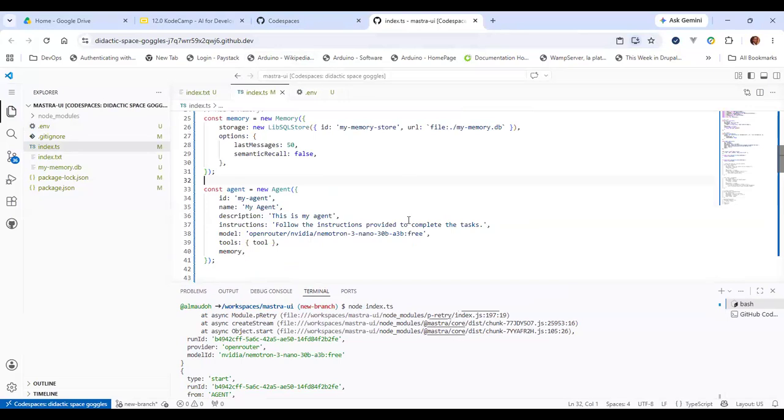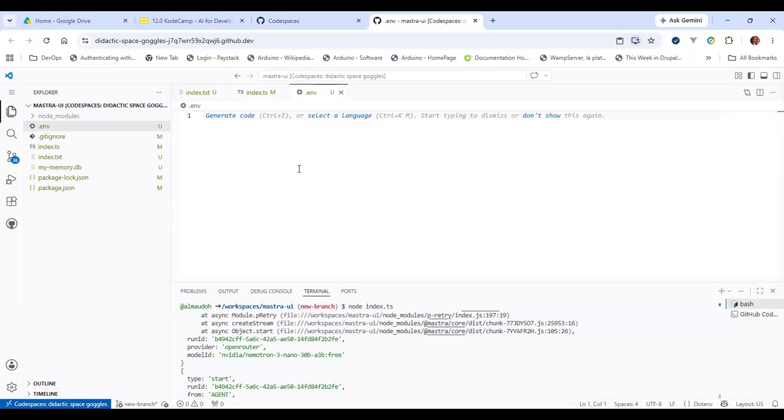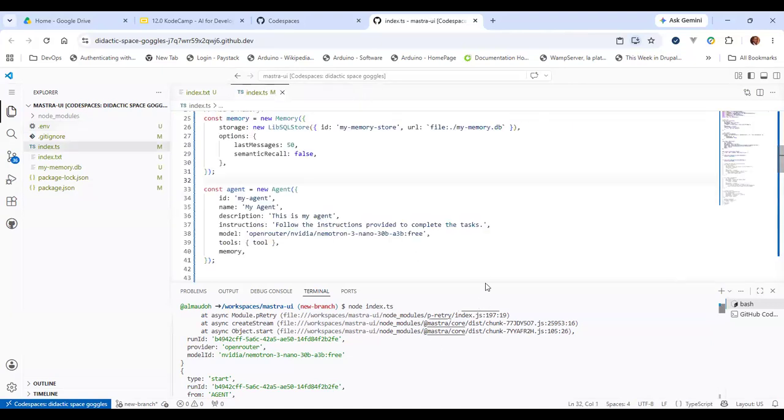Okay, OpenRouter Nemotron. So you see how this one is much easier. We don't need to specify the provider, even though this should probably still be a variable or something. But yeah, we can just say OPENROUTER_API_KEY, and then paste this value.